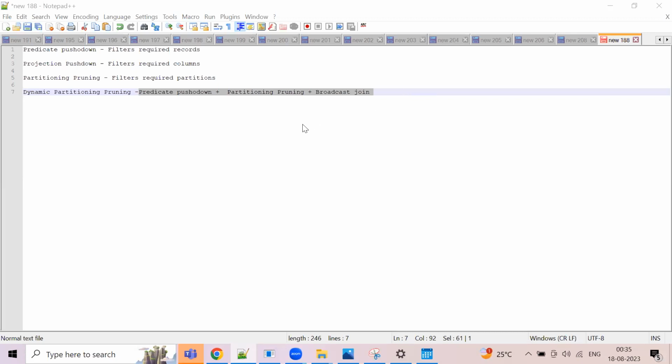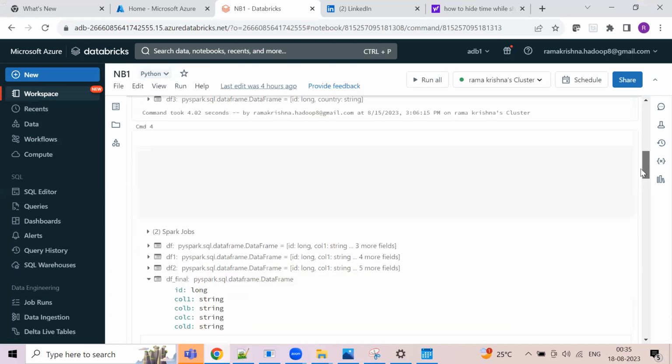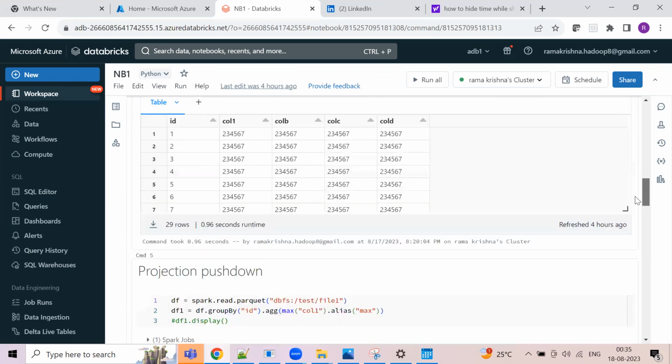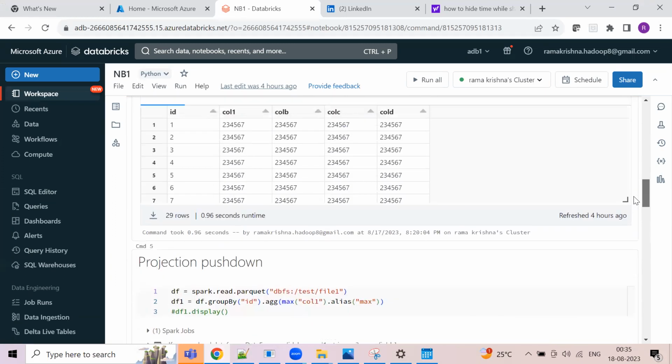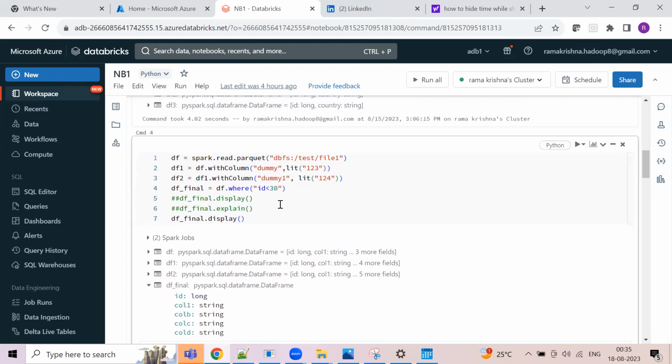Let's go to the Databricks now, and we'll see more details by writing some code here. So now I'm in my Databricks, and this is predicate pushdown. I have a data frame which is created out of reading this Parquet file, and